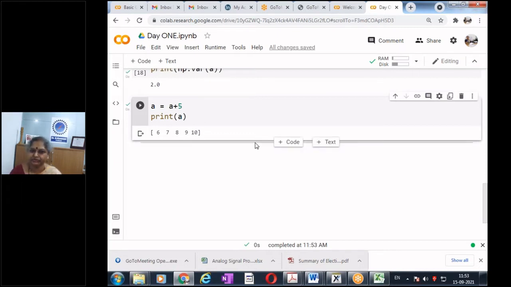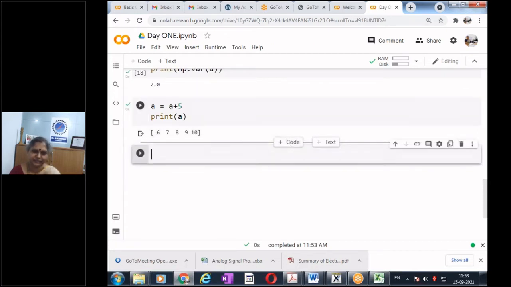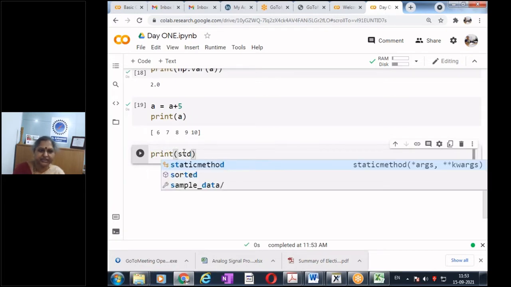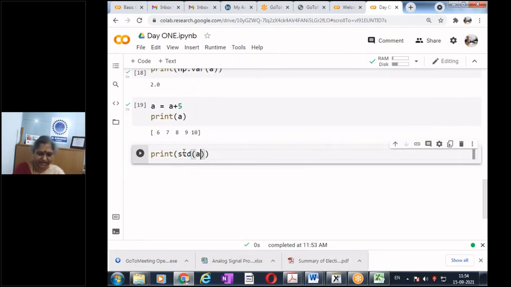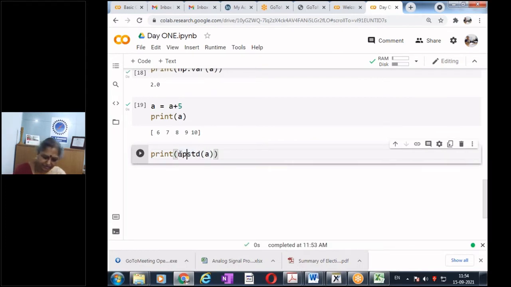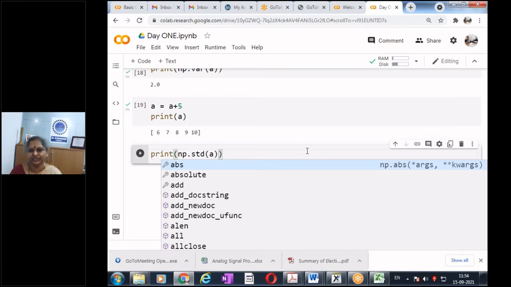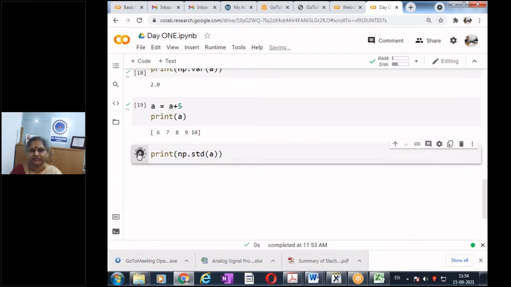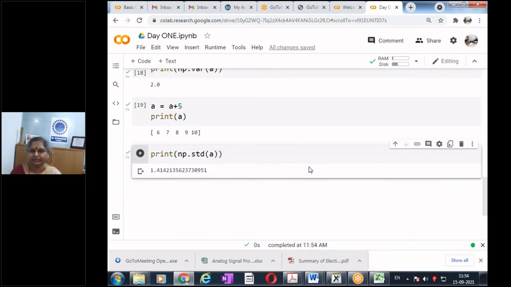Now compute the, sorry, I've changed A itself. I should not have done that. Now you print the standard deviation of A. What's the command? np dot std of A. Now what happened?